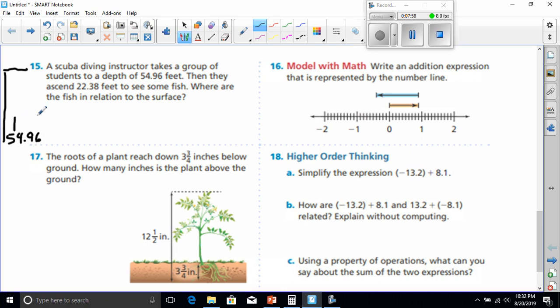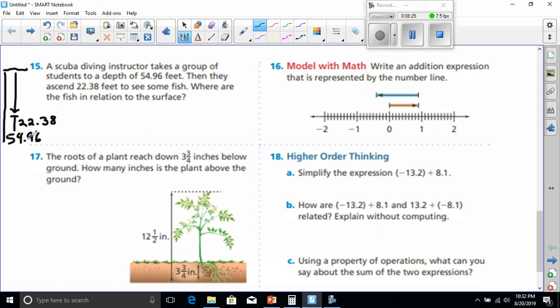Now, they went up a distance of 22.38. They didn't go to a depth of 22.38. They went up in distance, right? They ascended 22.38. So what they want to know now is, where are the fish in relation to the surface? If the surface is here,